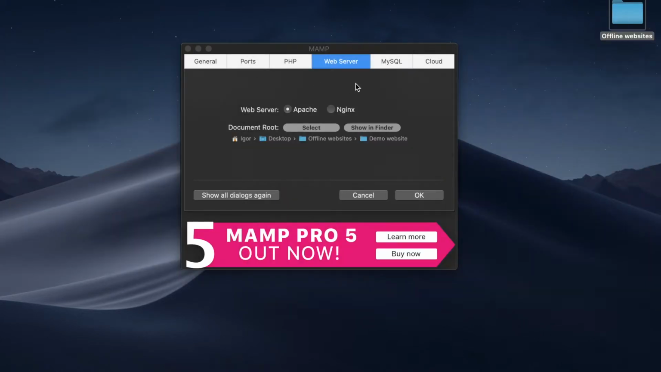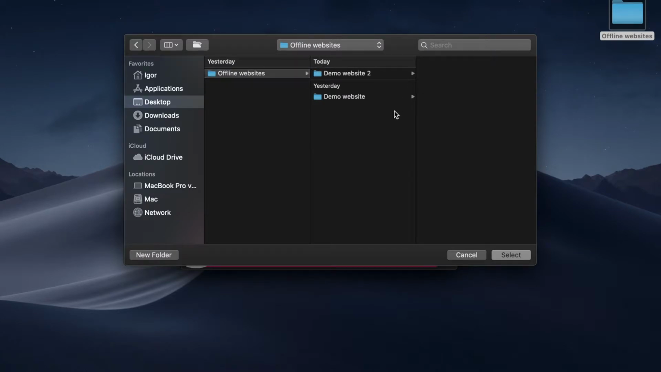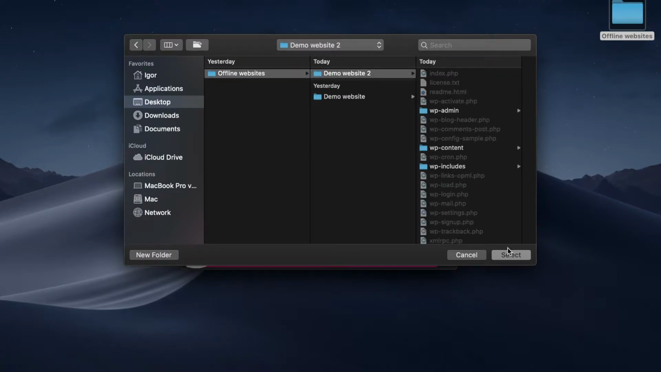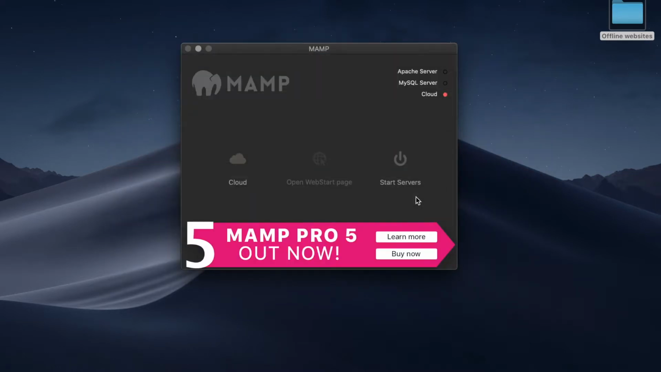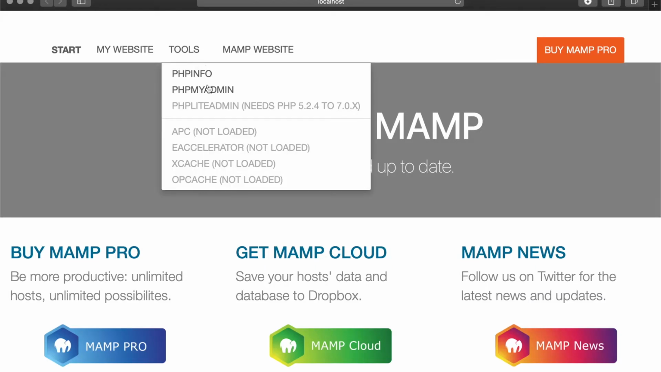Now I need to tell MAMP that it has to read the second website. So I go to Select, go to my offline websites folder and select the second website. Now MAMP is going to read the second website. So I start the server. Open web start page, and it's almost done because we need to go through our